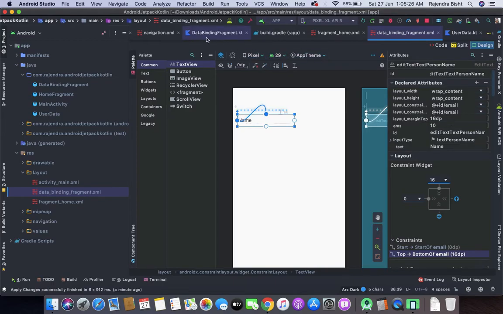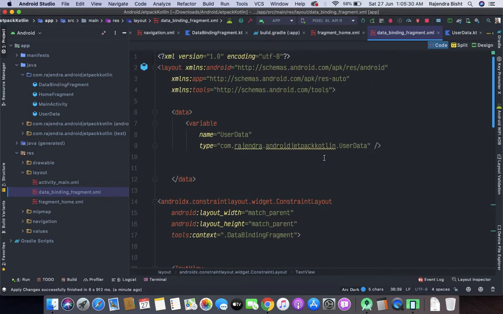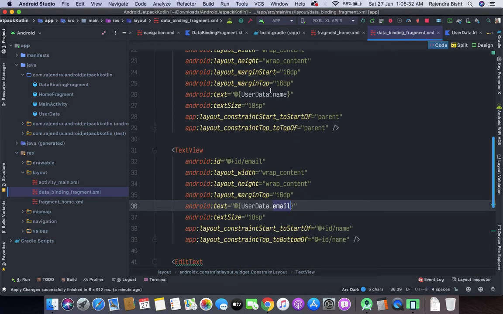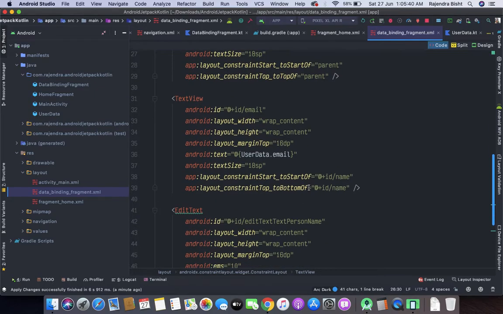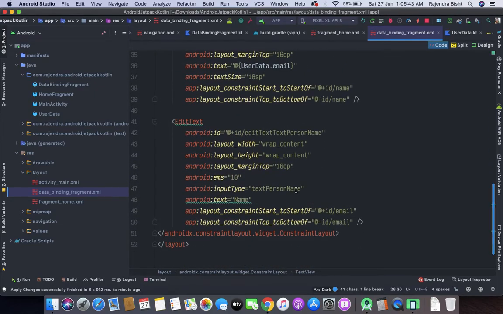So now for two-way data binding we need to add another tag, which is equal to. Now let's copy this and I will give it a text view for the edit text view here with the same tag and name.